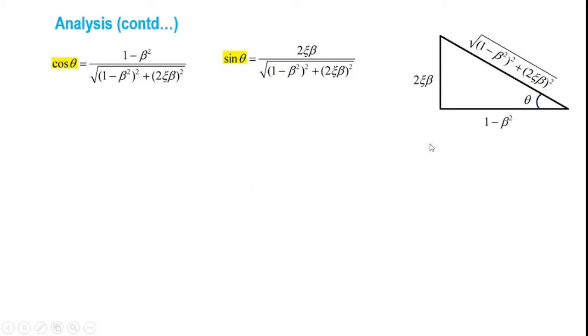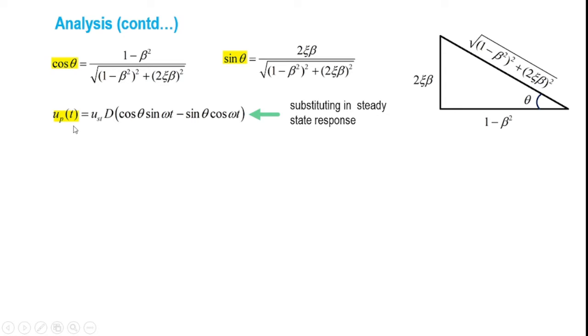With respect to this triangle, cos theta is equal to 1 minus beta square divided by square root of 1 minus beta square the whole square plus 2c beta the whole square. And sin theta can be defined as the opposite side, that is 2c into beta, divided by square root of 1 minus beta square the whole square plus 2c beta the whole square, which means that